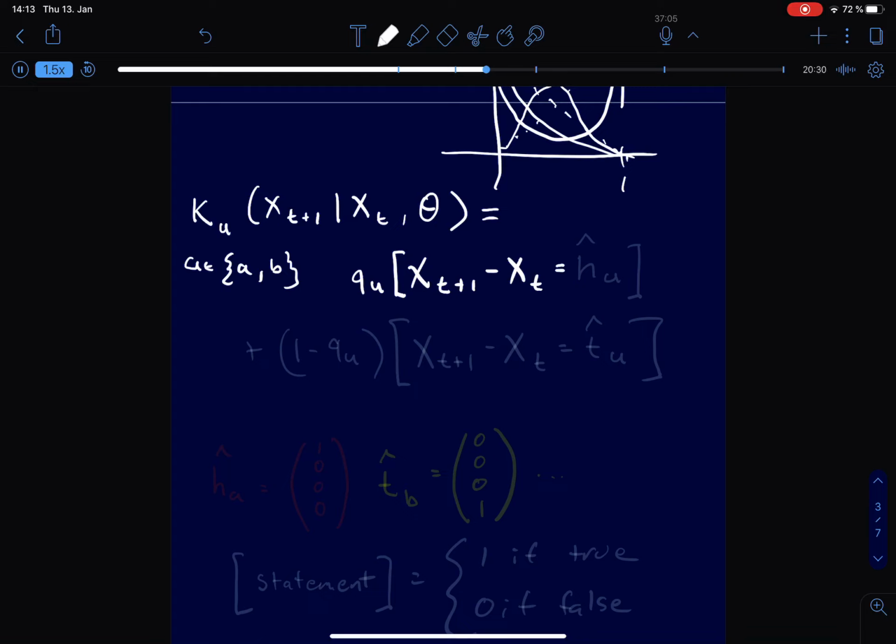So if the difference between these two vectors is equal to heads u, which is a one-hot encoding. So for instance, HA is equal to 1, 0, 0, 0 for this 4-vector of alphas and betas. And we'll also define, for instance, TB,